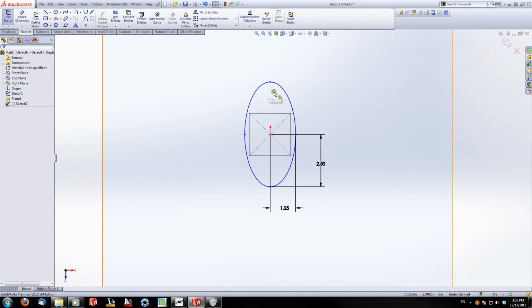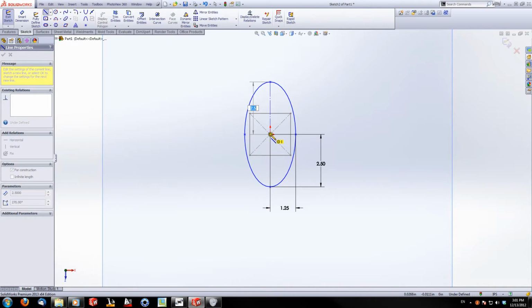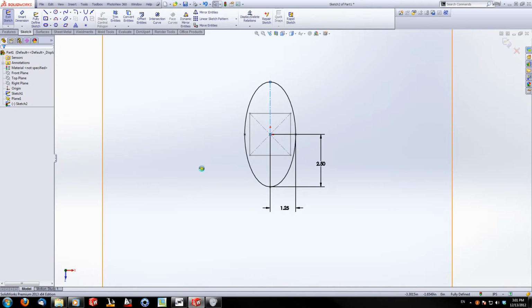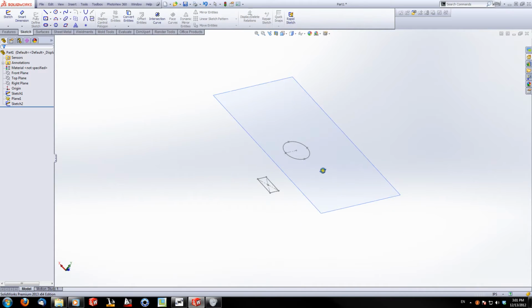And it needs some linear constraints so that it knows not to veer off on an angle. That one will work. And we'll finish this sketch. Now we've got two sketches which are completely parallel with one another, and they're not offset in any way or on an angle. So we can just go to Features,